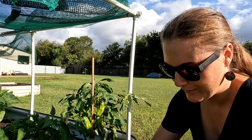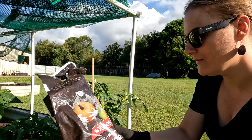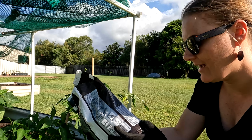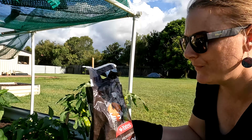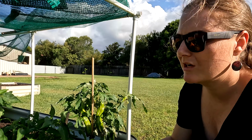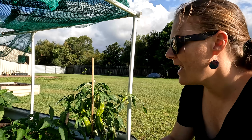So what I ended up doing was actually just getting some Yates Blood and Bone from Bunnings, and it says here that it's got 90% pure blood and bone fertilizer and it contains potash. Goodness knows what that is, but it has got calcium as bone and calcium as superphosphate. So it's the calcium that I was looking for, and I was fairly generous because I had not actually fed my pepper plants with anything other than sea salt, which is just a bit of a seaweed solution, very high in nitrogen. So I sprinkled some on, and I've actually done it twice, obviously quite far apart,